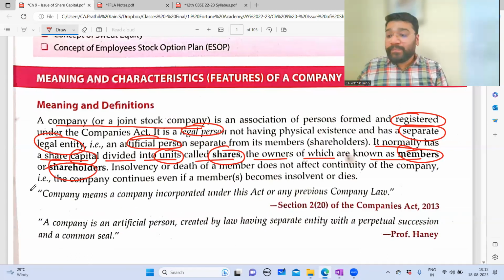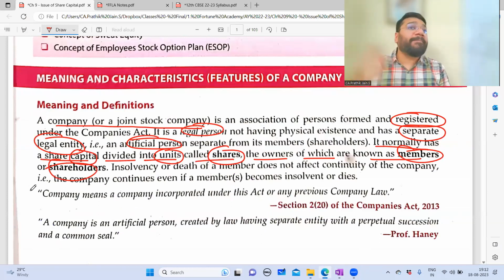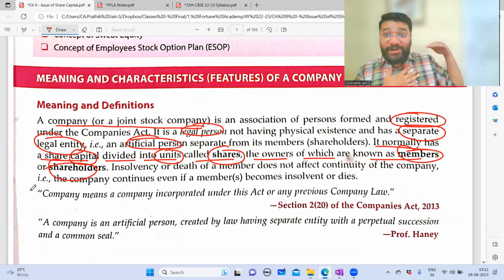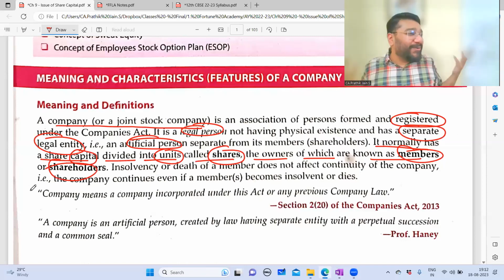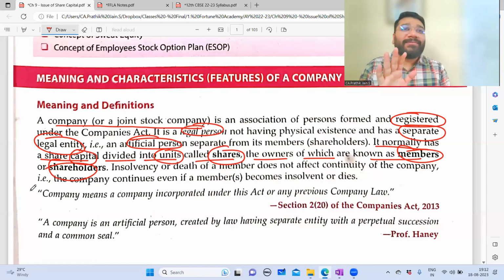Which means, sir, if in the share market I buy the shares of Reliance Limited, then am I called an owner? Oh, am I equal to Mukesh Ambani, sir? So if Mukesh Ambani drives his Rolls Royce vehicle, which means I can also jump onto this vehicle because I am also the owner. Can we do that? No. The security guard will kick you out. You are an owner, but you are a dummy owner. You don't have any weightage. Why you don't have weightage, you'll understand when we do the upcoming chapter.